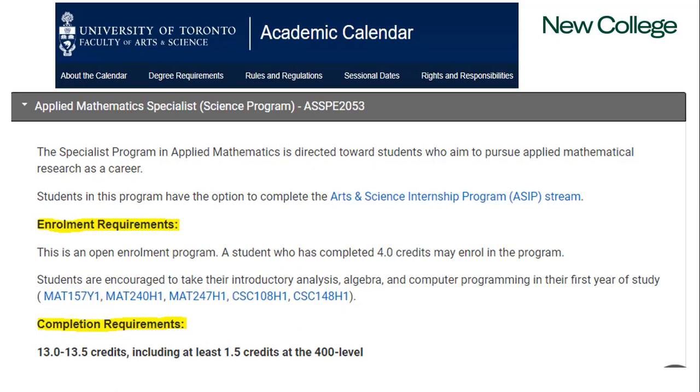2053, and that's what you put in your ACORN that will bring up this program, and then you can enroll in that. Again, as I mentioned, open programs do not have specific requirements. However, under the completion requirements, they have a list of courses students are expected to take. Especially when it comes to the first year courses, those are considered the core courses in order for you to successfully do well in the upper year courses. So it's important for you to check out the completion requirements for these open programs and determine if you're enrolled in those courses or if you're not enrolled, to plan to take them in order to do well in those programs.